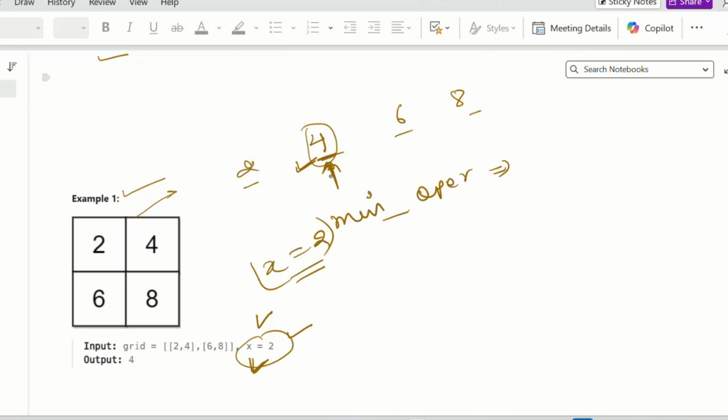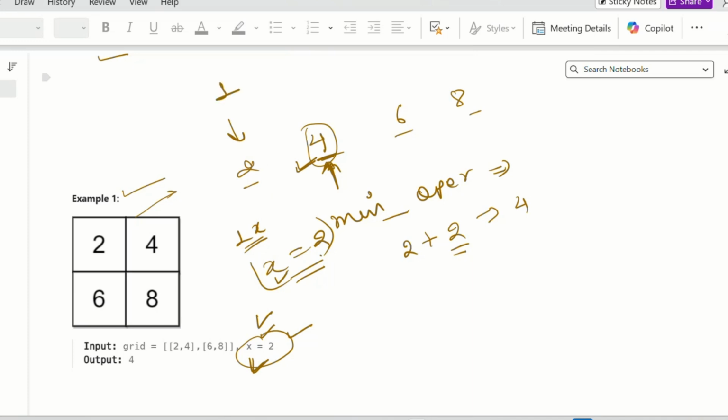If I try to make this value equal to 4, what do I need to add to my 2 to make it equal to 4? I can add x, which is 2, and if one time I add this 2, it will be equal to 4.